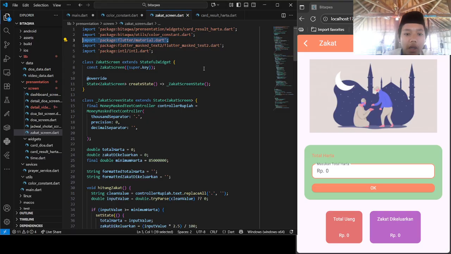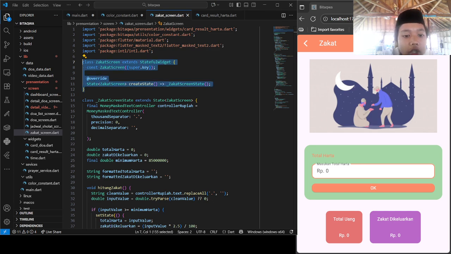Okay. Now let's go to this one. Class Zakat Screen extends Stateful Widget. This is for the Zakat Screen section. Stateful means the preview can change because the data is changing.